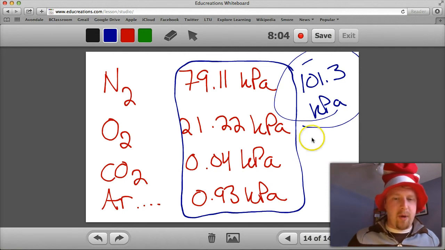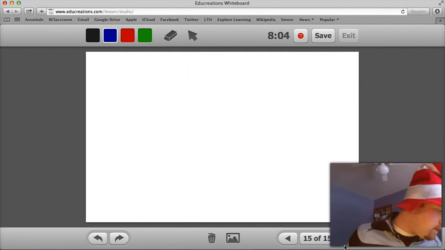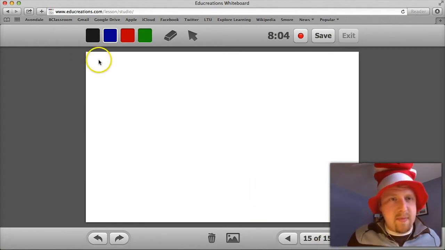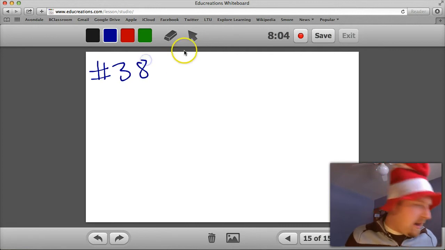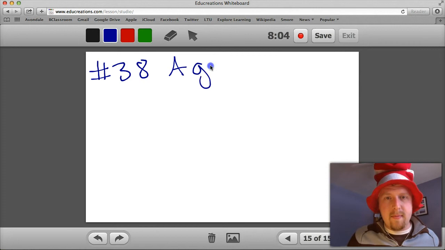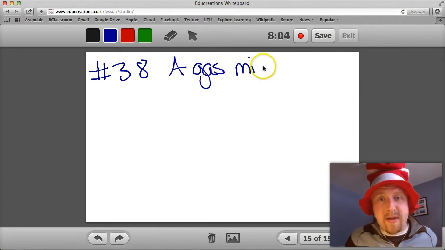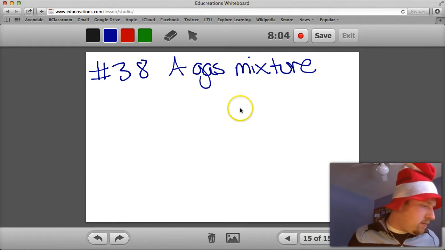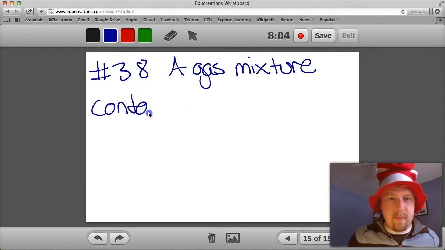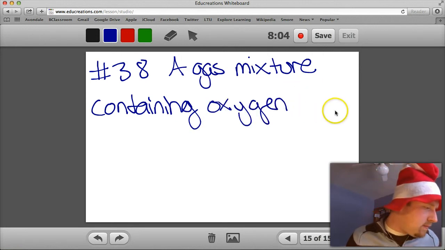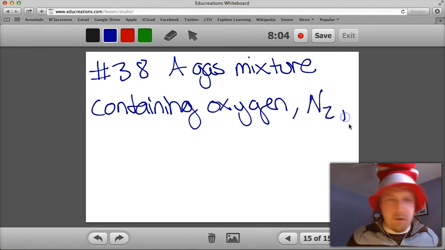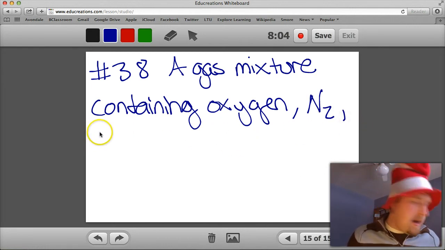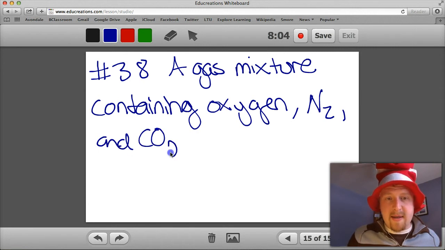There are some example problems in your book. So let's go ahead and do one of these. Here's how it goes. It's number 38. So if you're curious which number I'm actually working with, it says a gas. I would like it if you all wrote this down as well. A gas mixture containing oxygen, nitrogen, and CO2, so carbon dioxide, has a total pressure